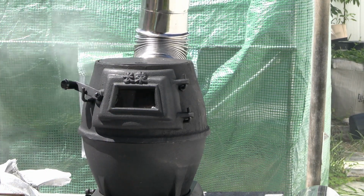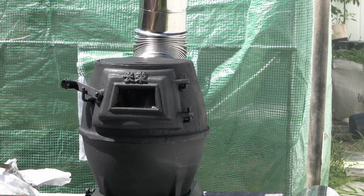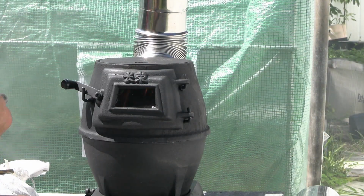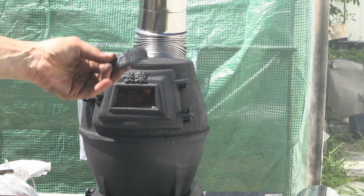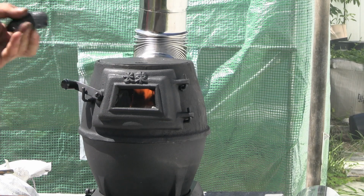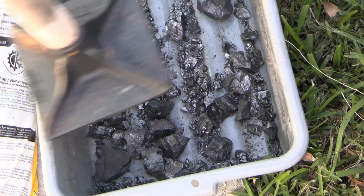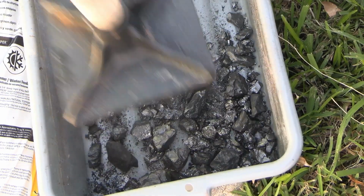So, anthracite, I got in Pennsylvania. I got a couple pallets of anthracite, and I'm going to have to figure out how to use it. What I did is I got these big lumps. I got what they call stove coal, all right? And I thought stove coal was small. I figured they were all going to be like that size, right? But it turned out that they weren't. They were much bigger, and they don't catch real easy. So for this experiment, I'm actually breaking them up with one of those big smashers that they sell at Home Depot and Harbor Freight, and I'm going to see if the smaller pieces will catch and